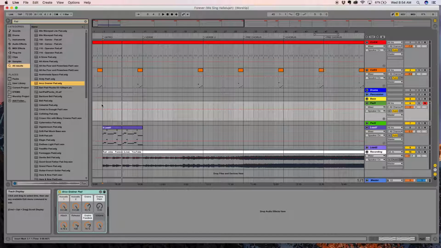So when I play that pad, that kind of sounds how I want it to. There's some other things we can maybe do. It's maybe too sparkly on top. We could EQ that out as well. But what I'm going to do is make it a little bit darker